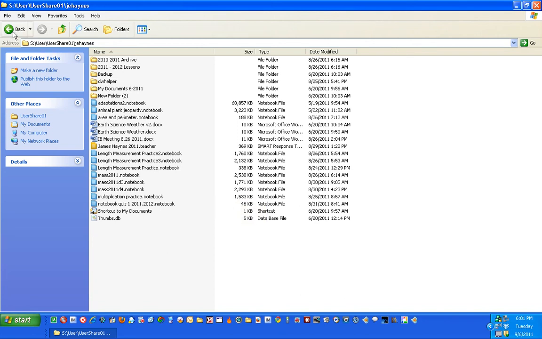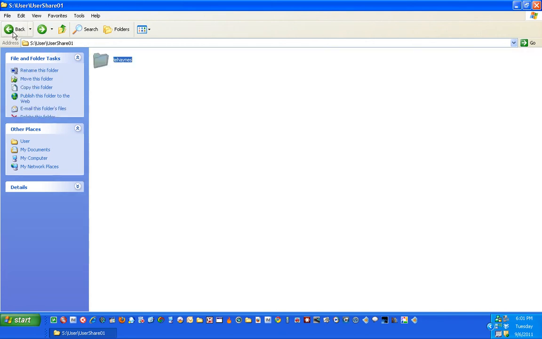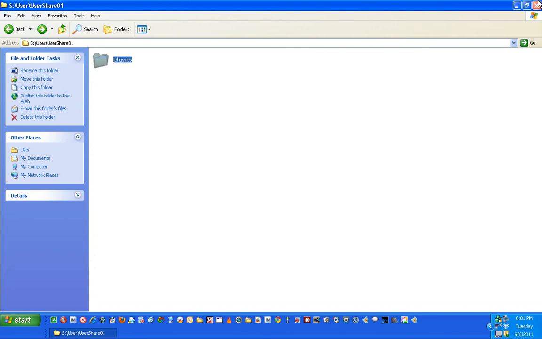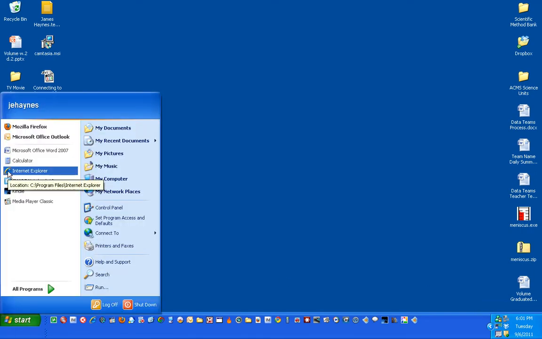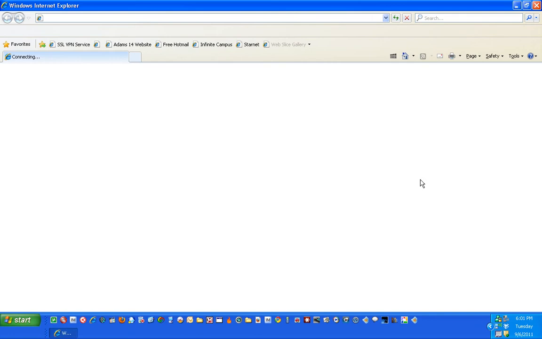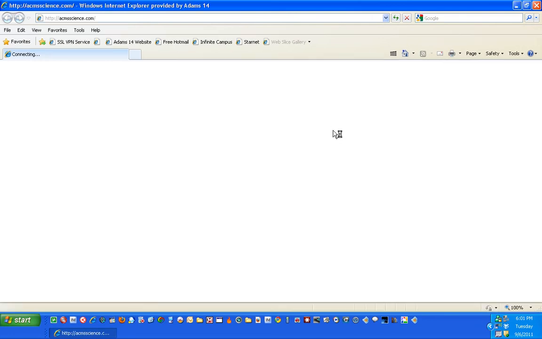Now I'm going to close this back down, and I want you to notice one thing. I'm still connected to the AnyConnect client. So if I try to pop up another internet window right now, I will get nothing because everything is going through the district's websites, and so there is no way to really make a separate connection from your home to the internet. So when you're done, and this is the tricky part, you've got to come down to this